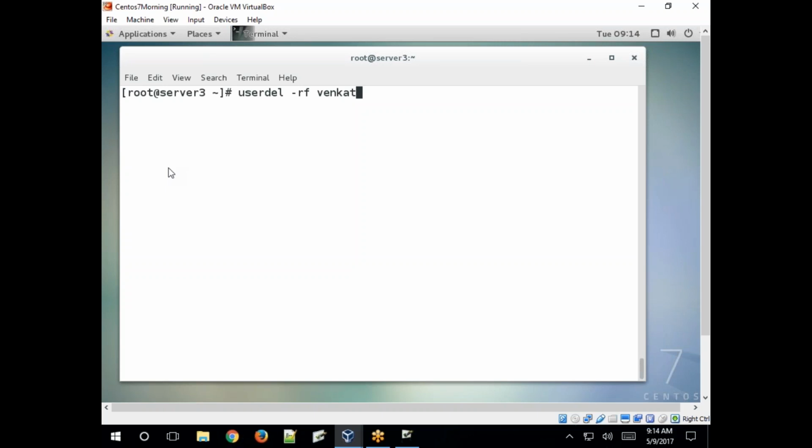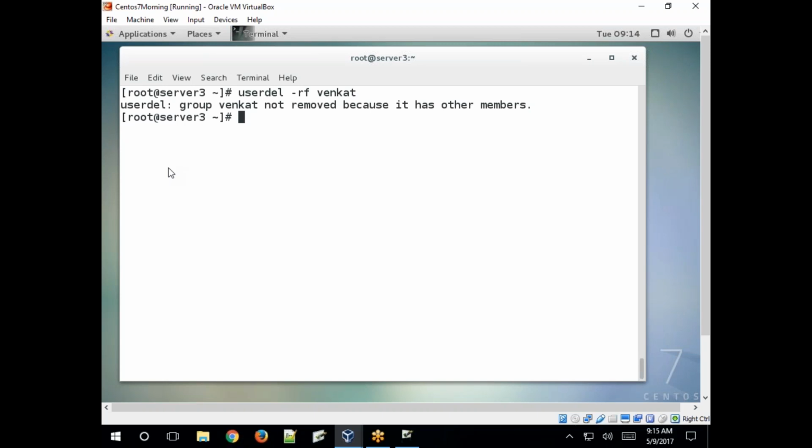If you want to remove complete user information and its home directory as well as its files, just use userdel space hyphen rf. Now the group is not removed because it has another member. Okay, no problem. So the group is not removed because one more user was already added into the group. So now the user is successfully removed.